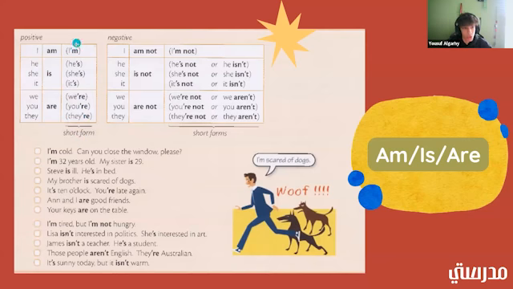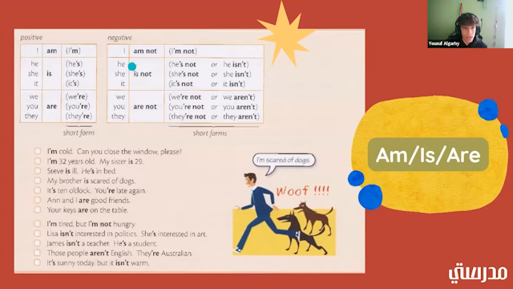These are just short forms. You can combine certain words together to make a shorter word, which all you have to do is put an apostrophe between the two to combine them. So I am, you take out the a, you put in an apostrophe, you have I'm, and so on. Then negative, it's the same thing with the combining. I am still turns into I'm, except this time you're adding a not to the end. The difference is you're saying no to something. Instead of saying, yeah, I'm going to do this, you're saying, no, I'm not going to do this.